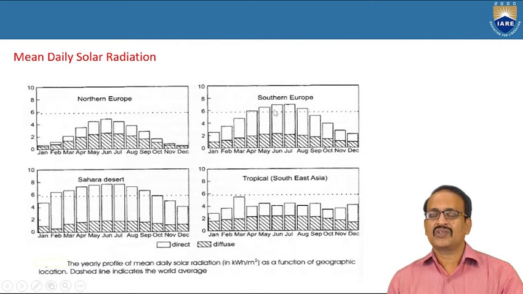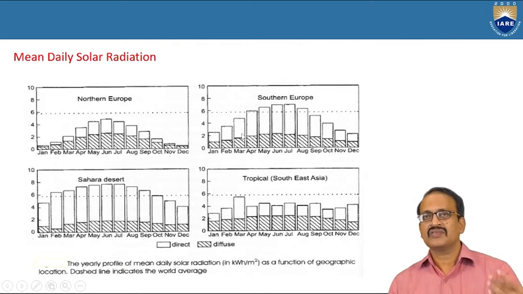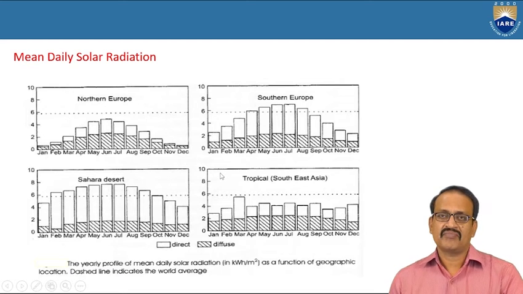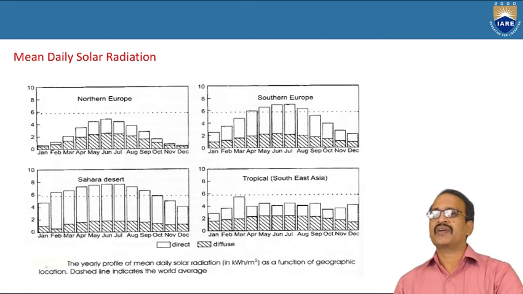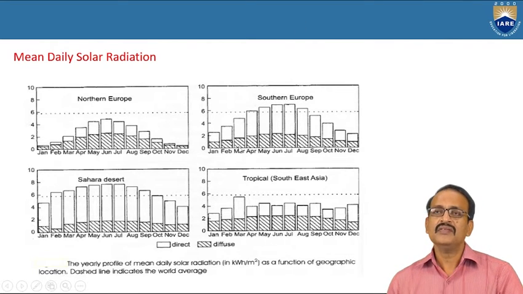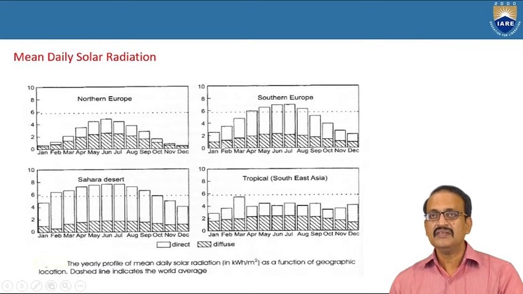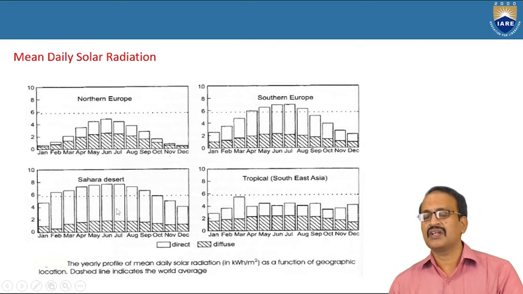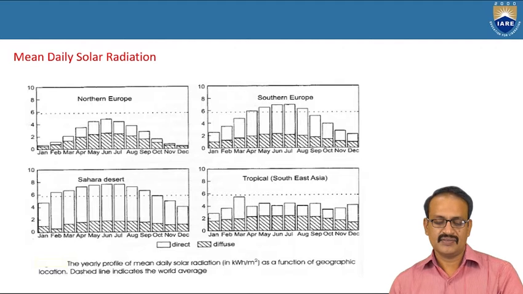If you come to southern Europe, because it is somewhat near the equator, the picture is very much better when you compare it to northern Europe. So almost from the start, the direct rays are dominating. Similarly, if you go to the desert, very good direct energy is available in the Sahara Desert, which is very economical. Southeast Asia, it is varying.